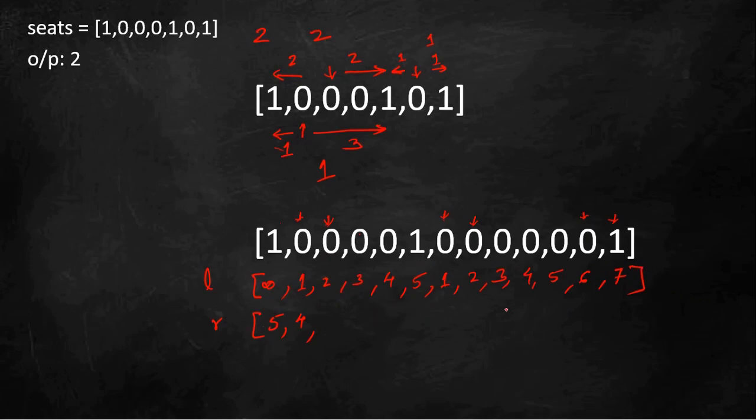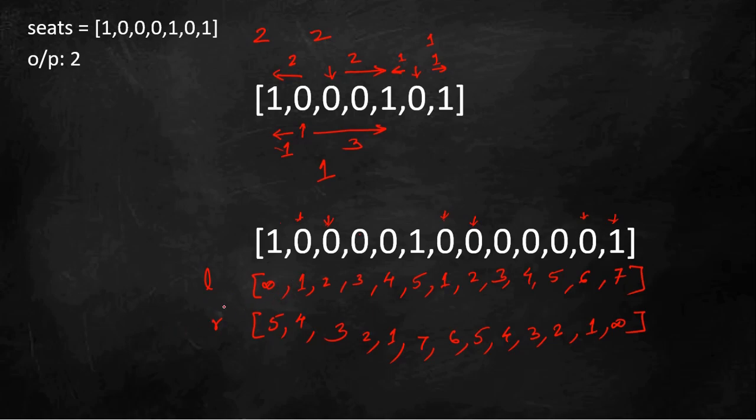So we can build up this array from the right. Here it can be infinity because there is no one on the right hand side. Here it will be 1, here it will be 2, here it will be 3, here it can be 4, here it will be 5, here it will be 6, here it will be 7. For this one it is 7 because 1, 2, 3, 4, 5, 6, 7. The closest person on the right is 7. Then for this it will be 1. So this will be 1. For this it will be 2. Then for this it will be 3, and for this it is 4, and then for this it is 5. So we built this array, the left and right array.